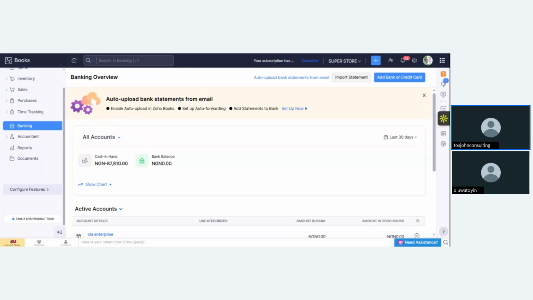You use TOSJOHN Consulting, which you have opened a corporate account for, and be using it to collect money from your customer, to pay your supplier. So that is what you will now be using to post. Your bank statement is what you will be using to post on your software.